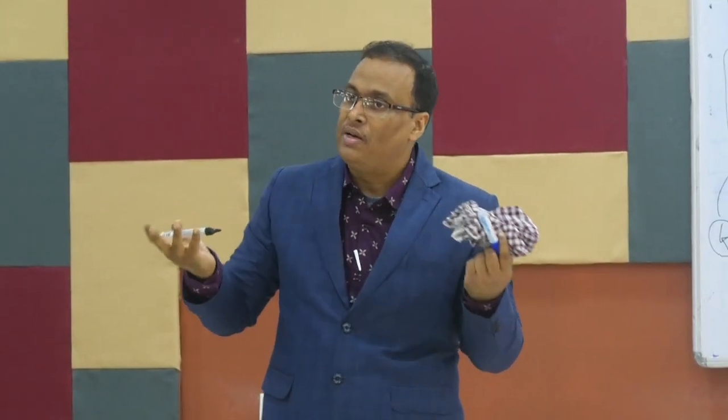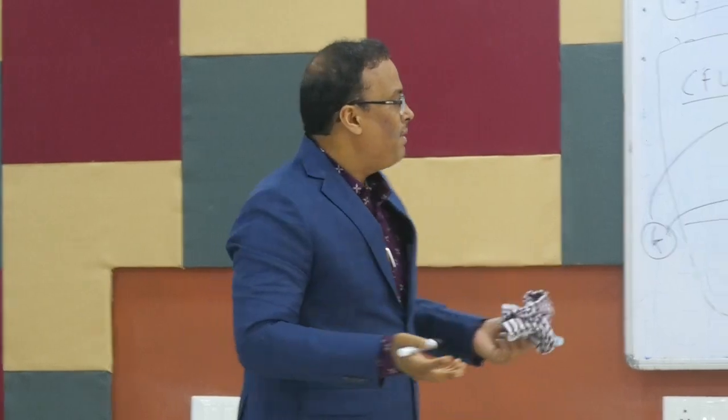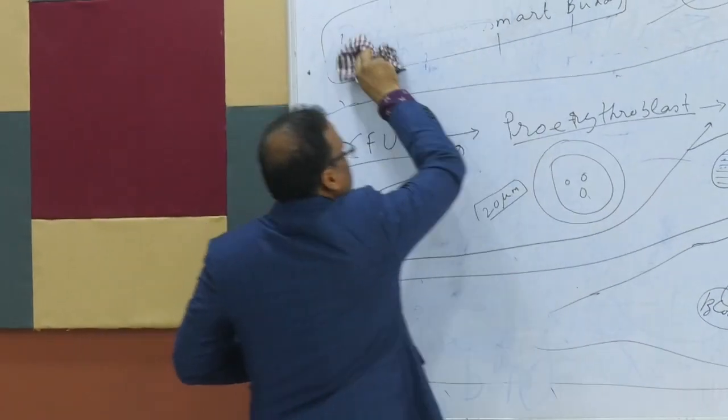Hemoglobin ছাড়া অক্সিজেন ক্যারি করা হয় না, কারণ এই যে আমরা RBC বলে চেঁচাচ্ছি, সেই RBC